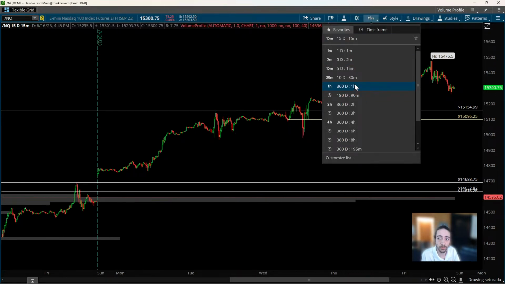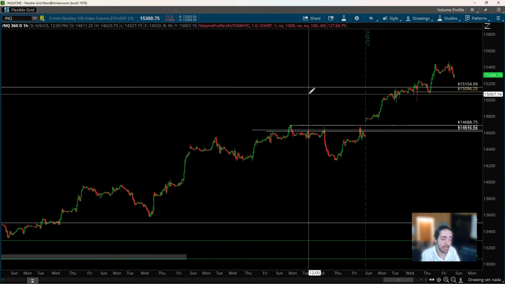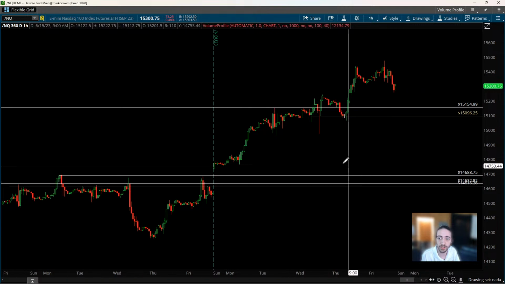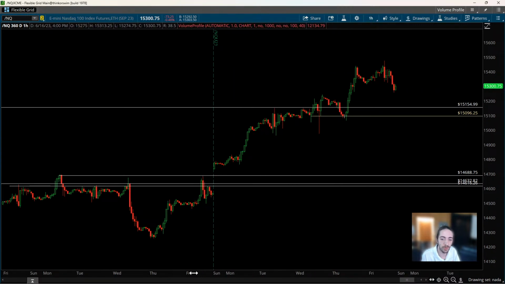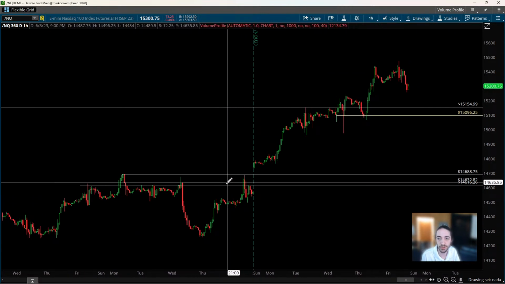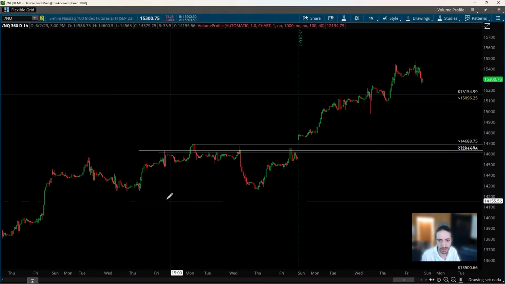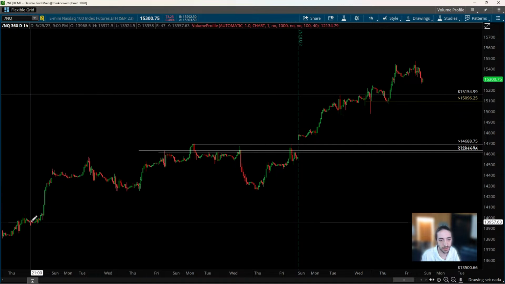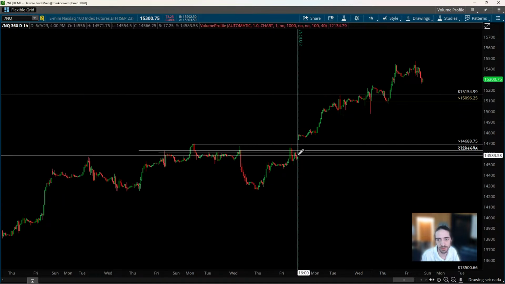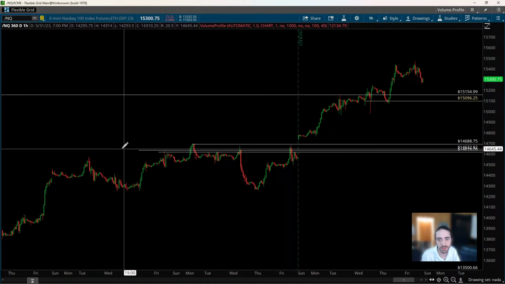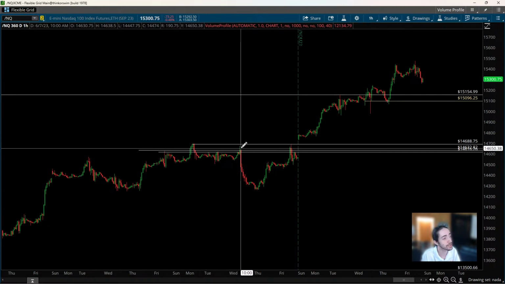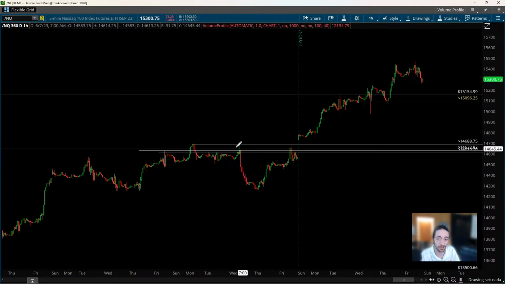Now, if I wanted to go to the 1 hour, I could also just make sure, because that was the 15 minute. I could say, all right, what's the 1 hour look like? Are we also doing anything good? Well, the 1 hour is also doing the same thing. We held this low, so we created a higher low from here, higher low, higher low, and again, higher high, higher high, higher high, higher high. We did create a higher low here for a moment, and this could possibly have been a divergence,